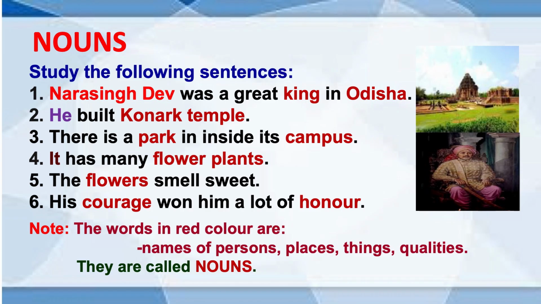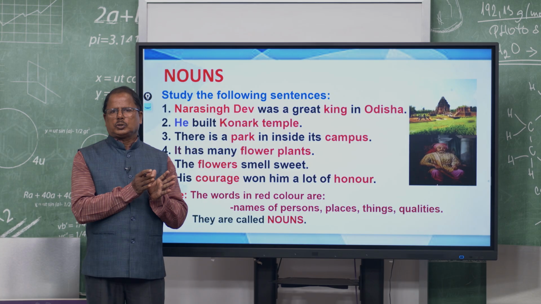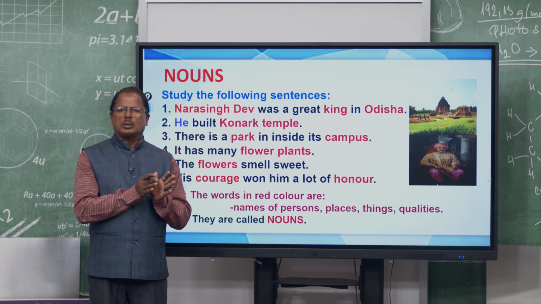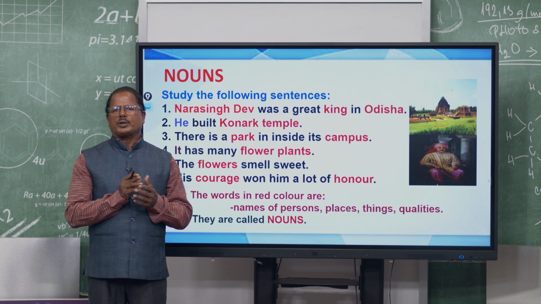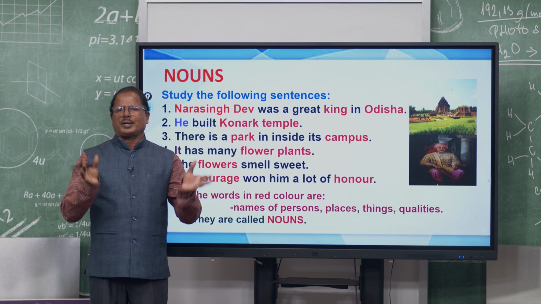So, all the words in red color are the names of persons, places, things, qualities, situations like this, and that is why they are nouns. So, Narasimha Dev is the name of a person, king is the name of actually a special person, right, who rules the country, who rules the kingdom. Odisha is the name of a state, Konark is the name of a temple, temple is the name of a